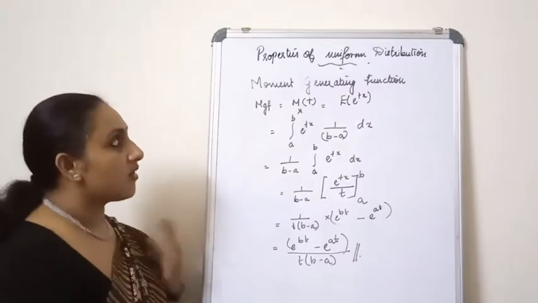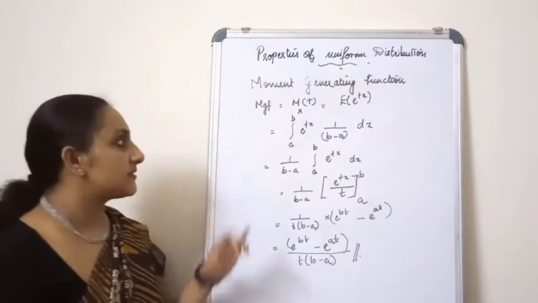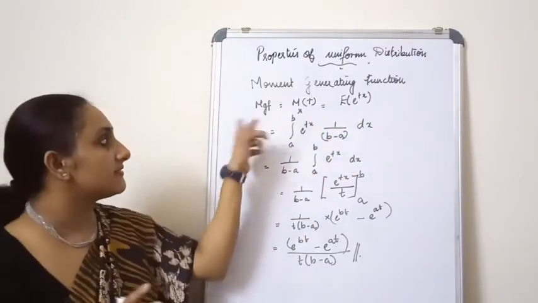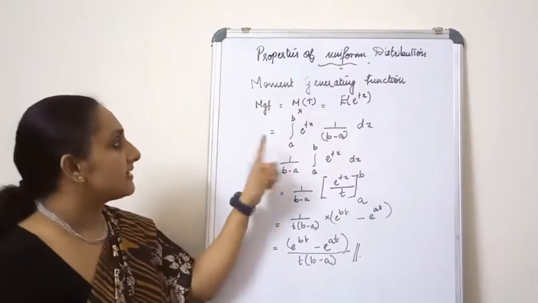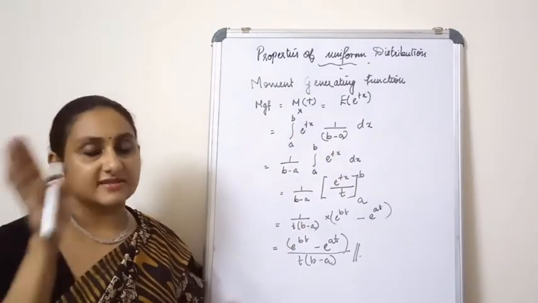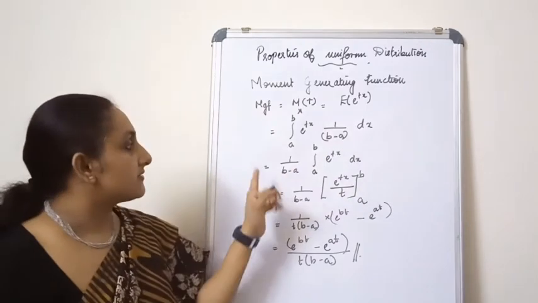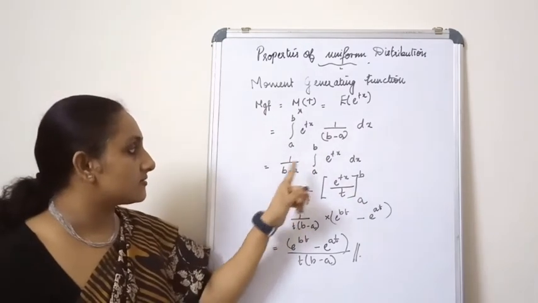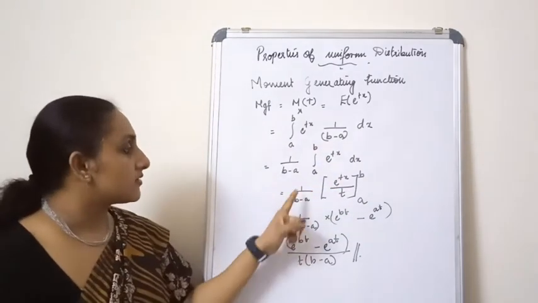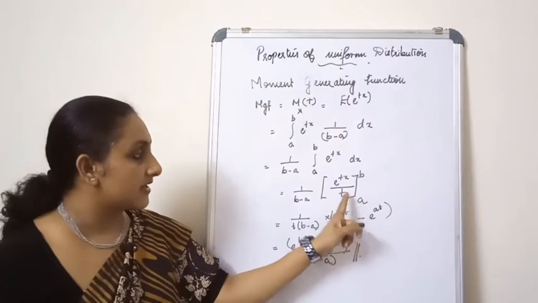Now we are going to learn about the moment generating function of a uniform distribution. The moment generating function is usually represented as MGF, that is M of t equals expectation of e raised to tx. These are things you have learned already. That is equal to the integral over the range a to b of e raised to tx. Now, what is 1 by b minus a? It is the density function of your uniform distribution in the continuous scenario, dx. I take that outside, so it is 1 by b minus a, integral from a to b of e raised to tx dx, which is equal to 1 by b minus a, e raised to tx divided by t, from a to b.